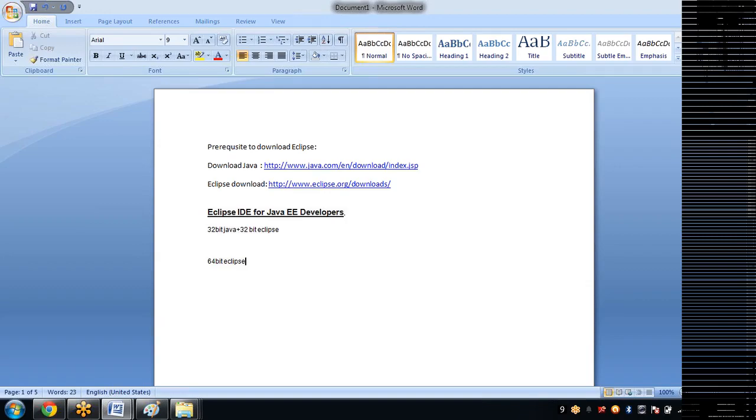If you download 64-bit Eclipse, then go with 64-bit Java only. Don't download 32-bit Eclipse and work with 64-bit Java. Make sure this compatibility matches. The bits should also match. I suggest that if you have 64-bit, just download 64-bit Eclipse and click the Java download button. But don't download 32-bit Eclipse and then 64-bit Java. This compatibility will not match and will throw an error when opening Eclipse.